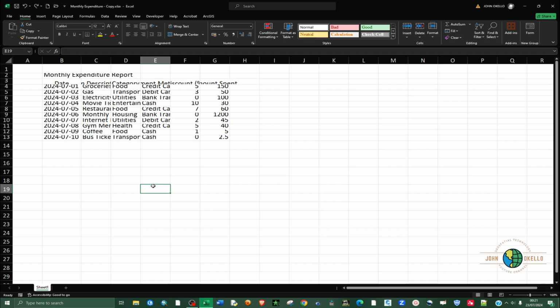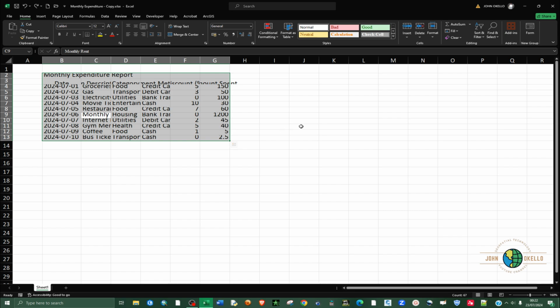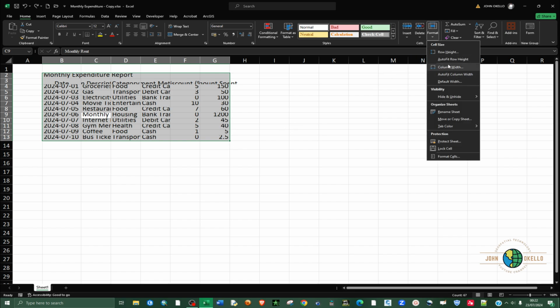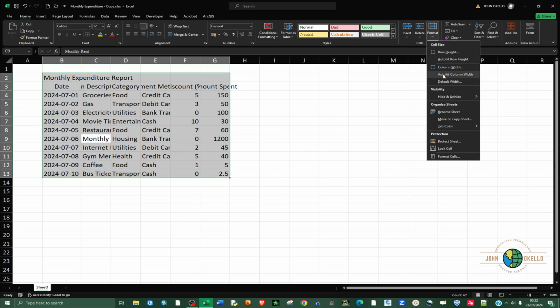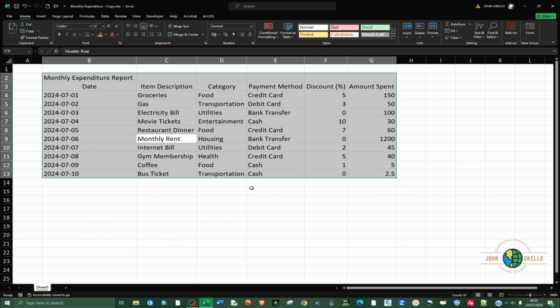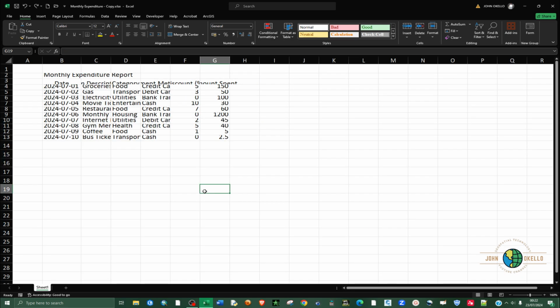Then the second method, just click inside of this data, then press Ctrl A, go to cells and click on format and choose Autofit Row Height, and go to format again and Autofit Column Width. So that's the second method, but if you want to use a shortcut or combination of keys,